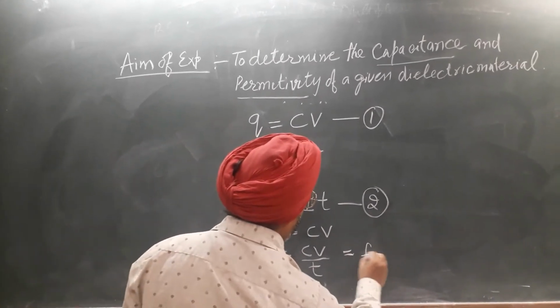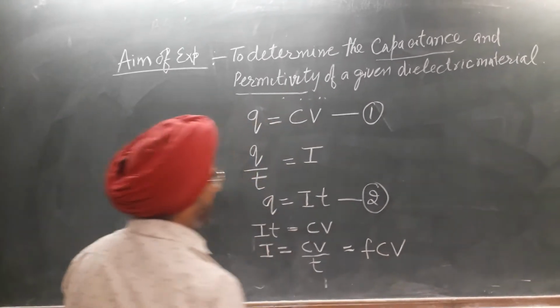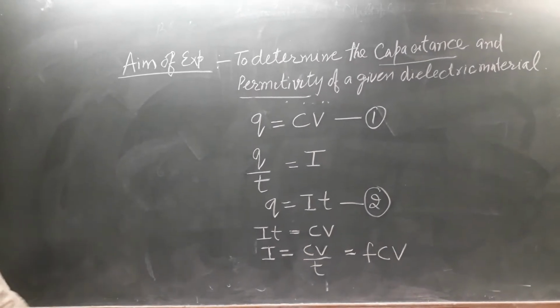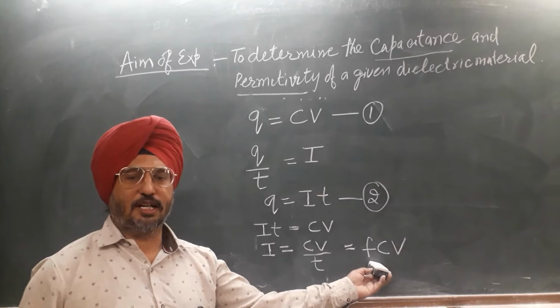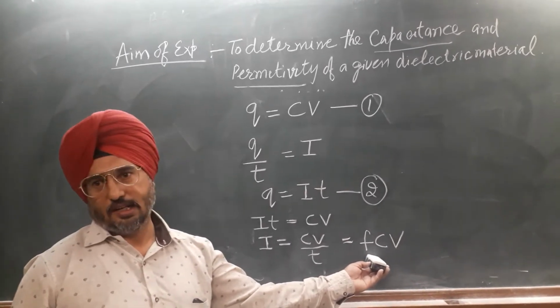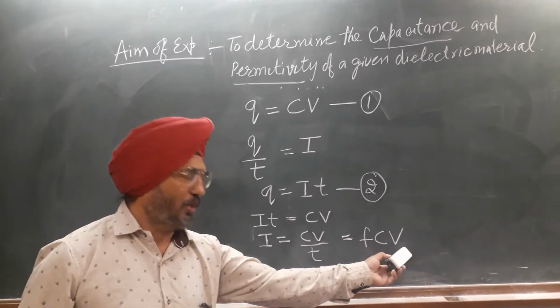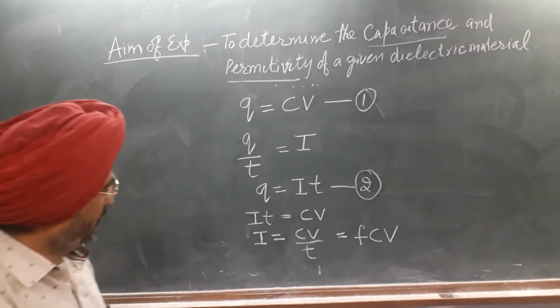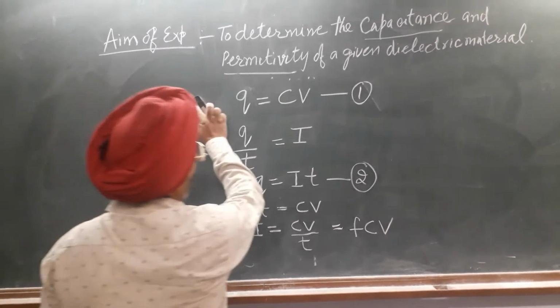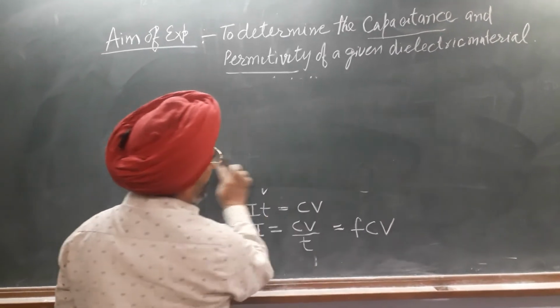So I is equal to F into CV. We know the frequency of the switching circuit is 100 hertz, and the potential applied to the capacitor is 6 volt. So by putting these values,